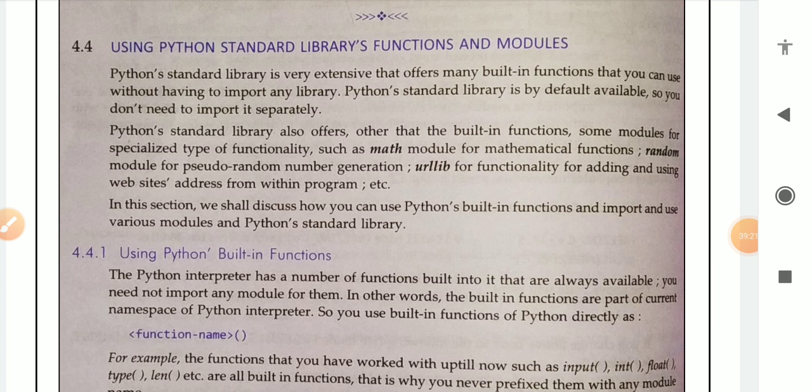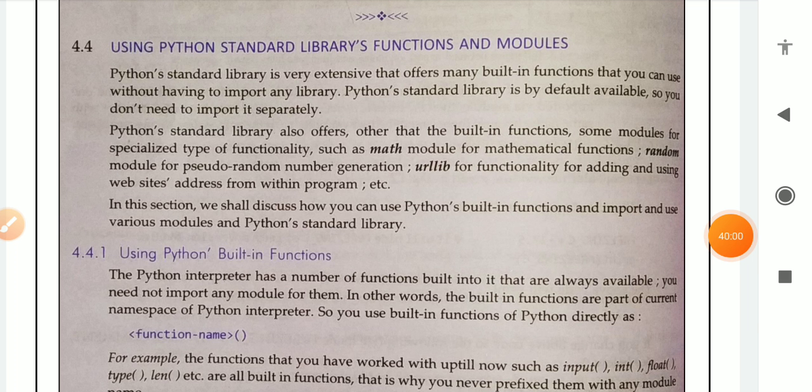Python's standard library also offers, other than the built-in functions, some modules for specialized types of functionality, such as the math module for mathematical functions, the random module for pseudo random number generation, urllib for functionality for accessing and using website addresses from within a program, etc. In this section we shall discuss how we can use Python built-in functions and import and use various modules and Python standard libraries.